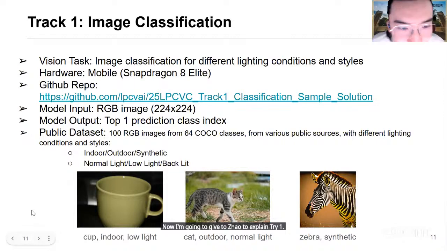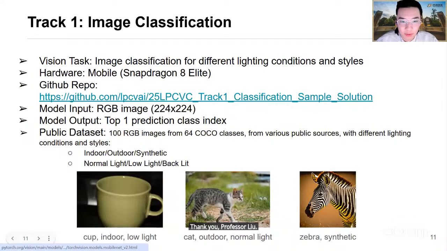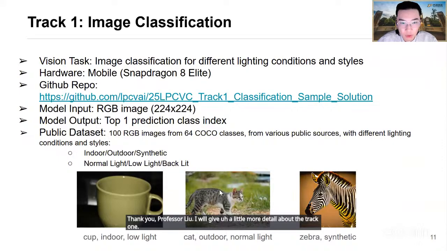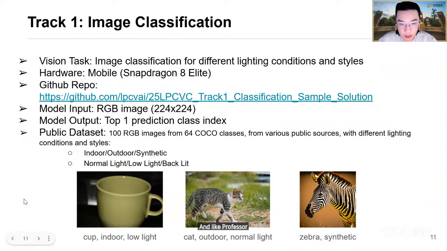Thank you, Professor Lu. I will give a little more detail about track 1. So the vision task for track 1 is image classification, classifying images for different lighting conditions and styles. And like Professor Lu just mentioned, the hardware where we'll be evaluating the submissions is the Snapdragon 8 Elite, which will be available on Qualcomm's AI Hub.